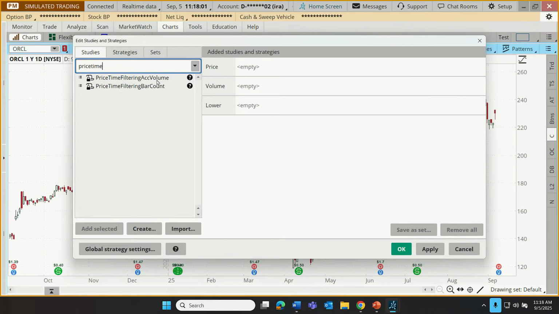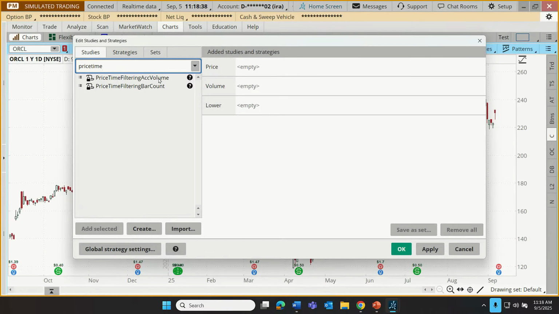Conceptually, there's one added layer of complication in the volume indicator versus the bar count indicator because it adds an element of volume. The price time filtering bar count indicator uses a combination of price and a time element as a filter for a trend, and then displays them as bars. The accumulation volume indicator also uses volume, but comes to the same conclusion, or so similar that there's not enough of a distinction.